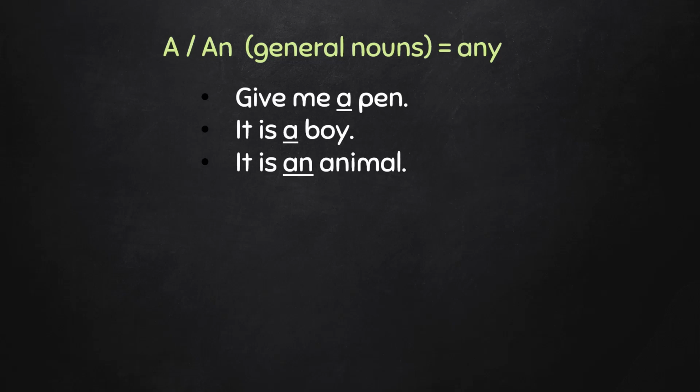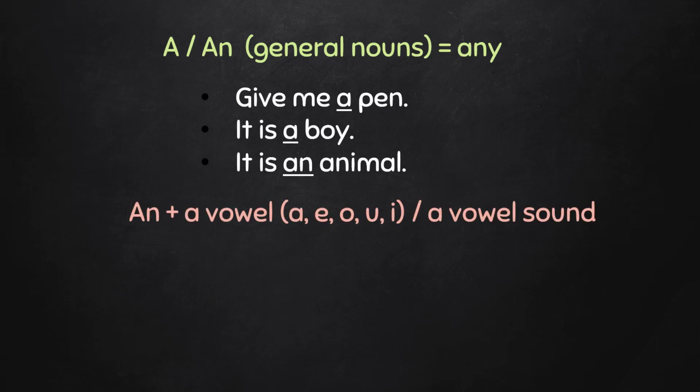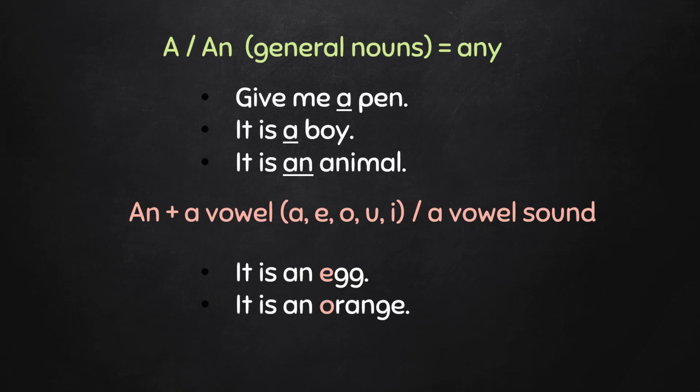And as you know, we have a and an. An comes with a word that begins with a vowel, and the vowels are a, e, i, o, u, or with a word that begins with a vowel sound. Like these examples here, it's an egg. Egg begins with a vowel, e. It's an orange. Orange begins with o. Or it's an hour. Although hour begins with h, the h is silent, so it begins with the vowel